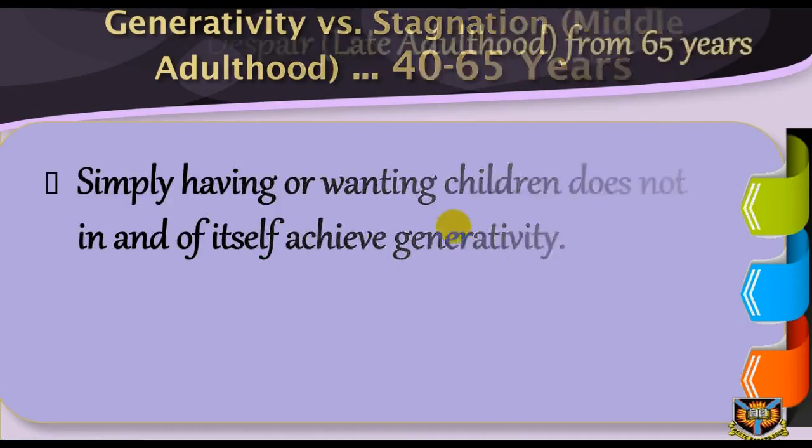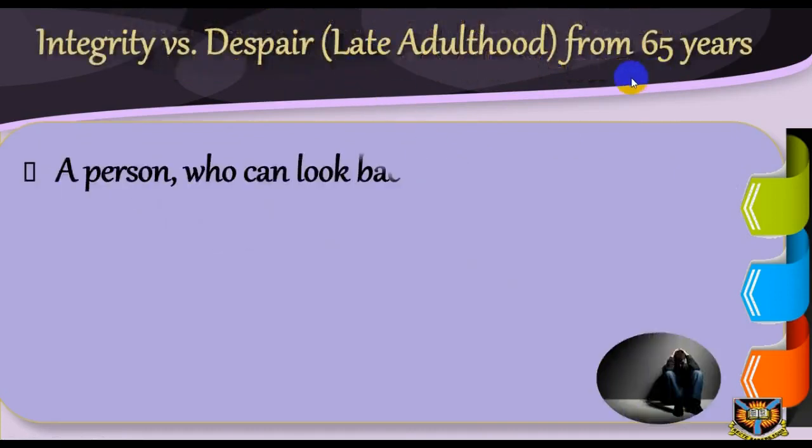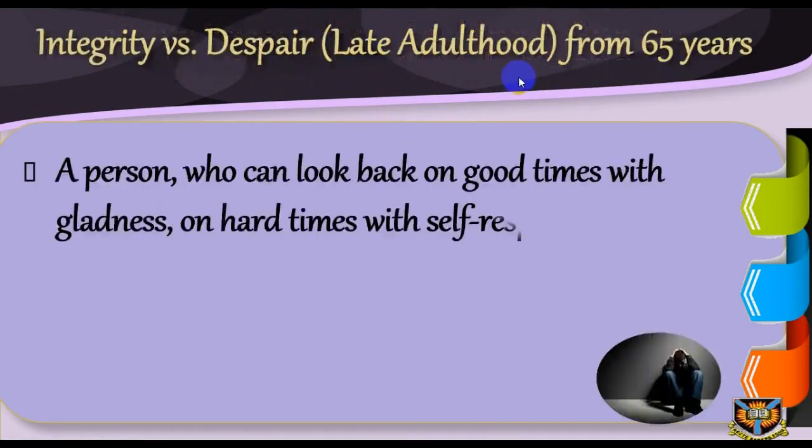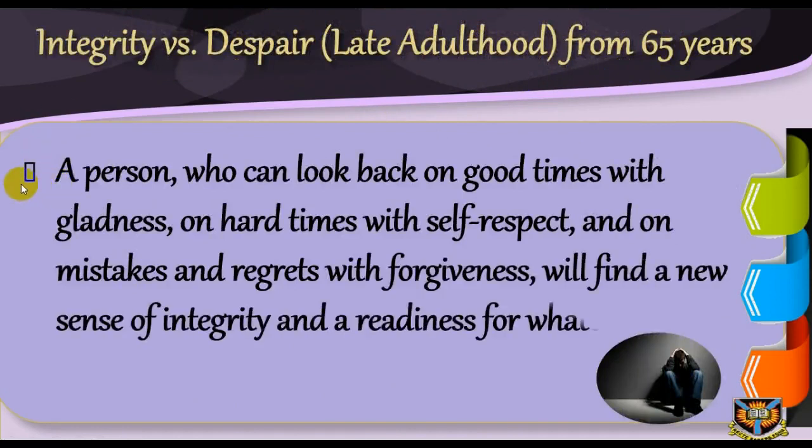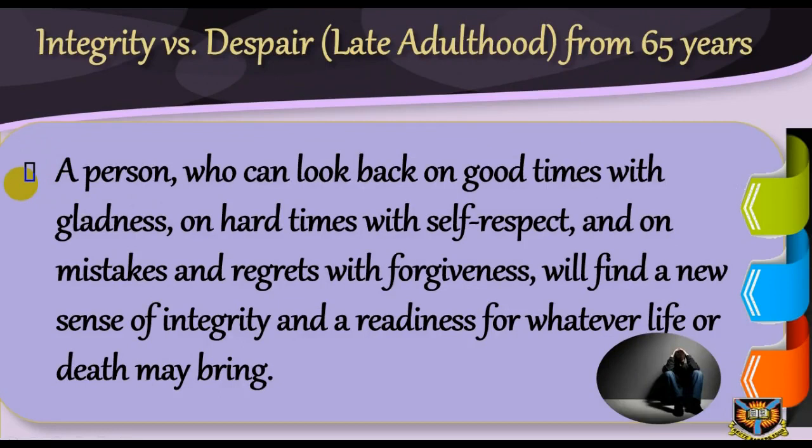Integrity versus despair, from 65 years, late adulthood. The strength of Erikson's theory is that it acknowledges that development continues throughout the life cycle. According to Erikson, even older people have not yet finished developing. Older people who are coming to terms with their own mortality have a deep need to look over their whole lives. A person who can look back on good times with gladness, on hard times with self-respect, and on mistakes and regrets with forgiveness,